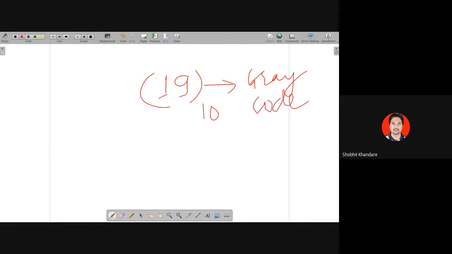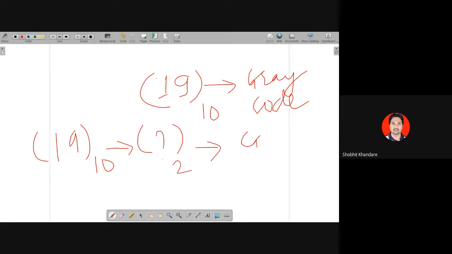Now we have understood to get the gray code, the first thing is you should get the binary code. So you get the binary, so it will be like 19 decimal. First we should get the binary, then we will get gray code. Am I right? Yes or no? Please do by yourself and let me know the answer. जिसको answer आ गया मुझे पहले बता दो.